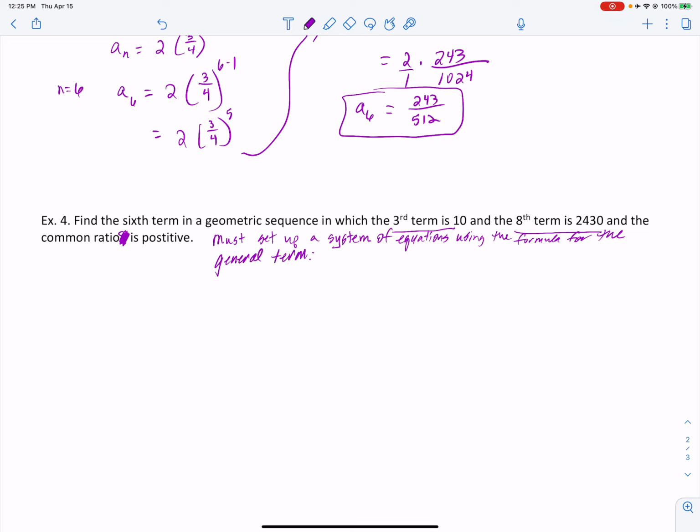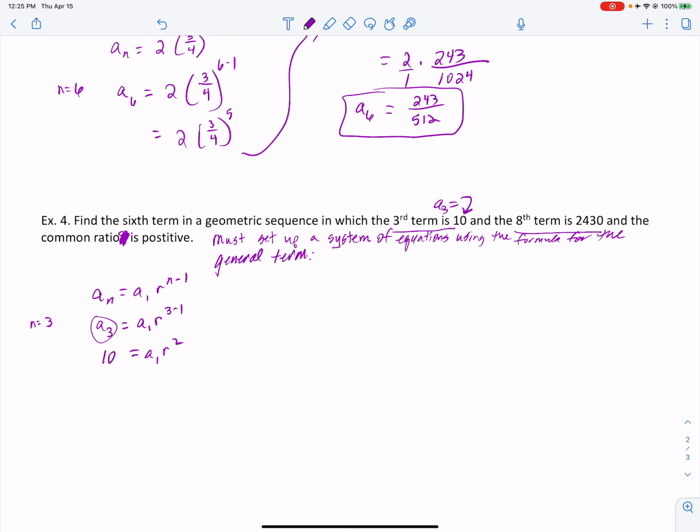So we are going to use a sub n is a sub 1 r to the n minus 1 for the 3rd term, so where n is 3. So a sub 3 is, we don't know the first term. We don't know r, but we know n is 3, and we know the value of a sub 3. A sub 3 is 10, so we can plug in 10 for a sub 3. So I get 10 is equal to a sub 1 r squared